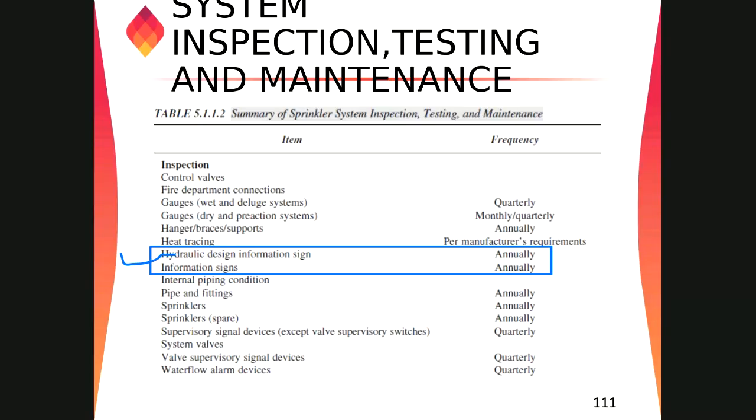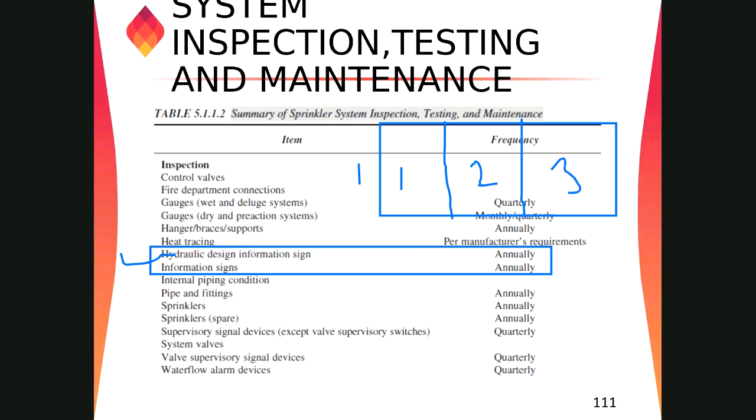The second one is that if the building is so big, we discussed that if the building area is more than 500 square feet, almost, right? Sorry, 500 square meter, we need different risers. This is riser 1, this is riser 2, this is riser 3. So if this area catches fire, and they're trying to extinguish the fire, this area controls the fire and the fire goes to this area, right? At the same time, they will close the first riser because the sprinkler is broken in this area and water is going even though there is no fire. So they will close this riser, and then they will control this one. This is the way they control.